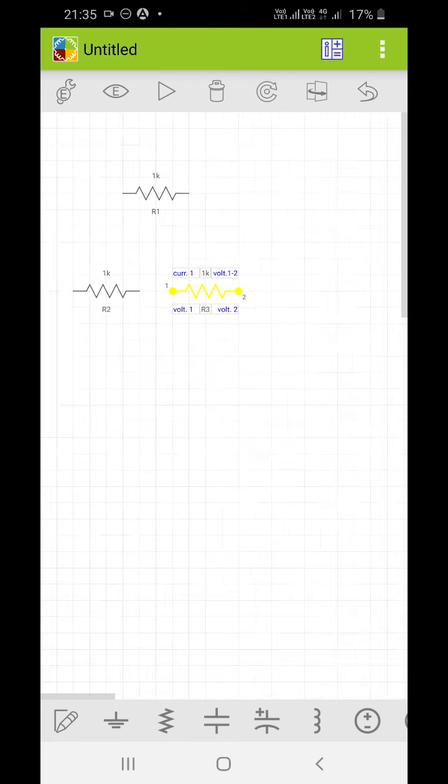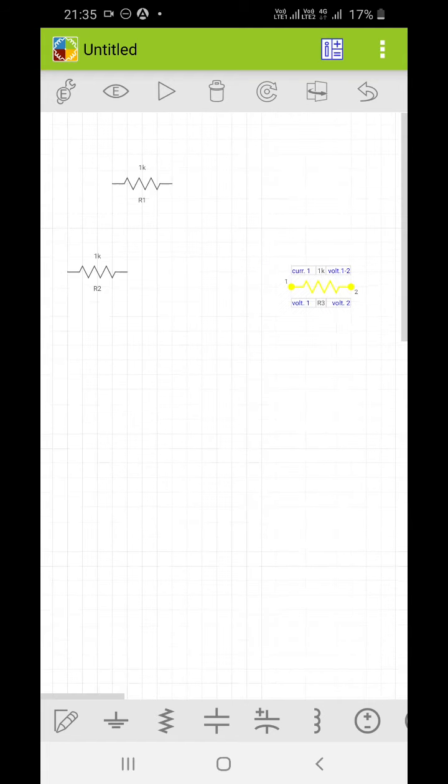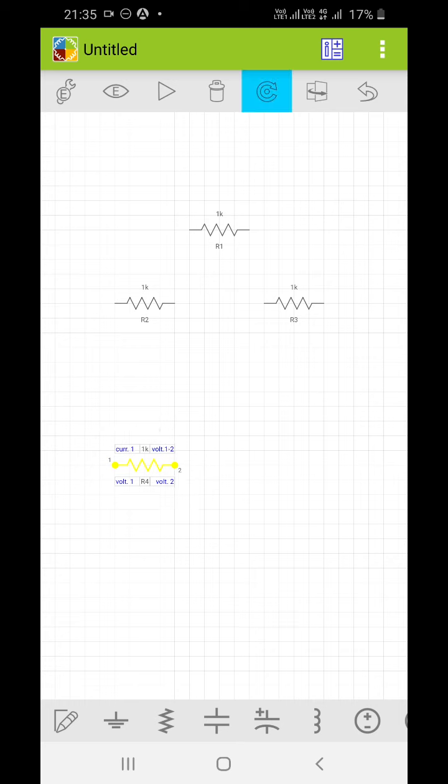You can zoom in and zoom out as you do regularly on your mobile. You can move those component just by clicking that and dragging that component to desired location. If you want to rotate that component, then you can click on that component and you can click this symbol, so it will rotate.